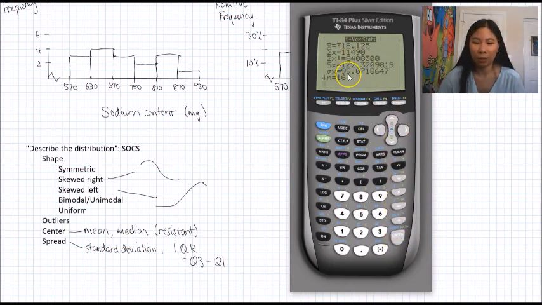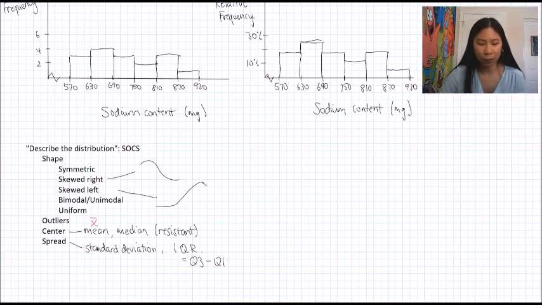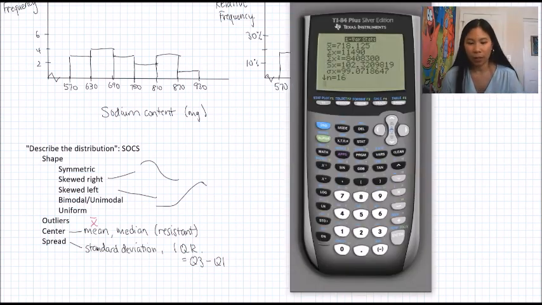Oh my gosh, what are all these things that pop up? So the first one says X with a line on top. X with a line on top specifically is the symbol we use for the mean. So let me just jot that down in our notes really quick. X, and we read it as X bar. X bar stands for a mean. Okay, so they told us the mean is 718.125. So think about it, like 718.125 milligrams of salt, probably a lot. Okay, then it has a whole bunch of other stuff